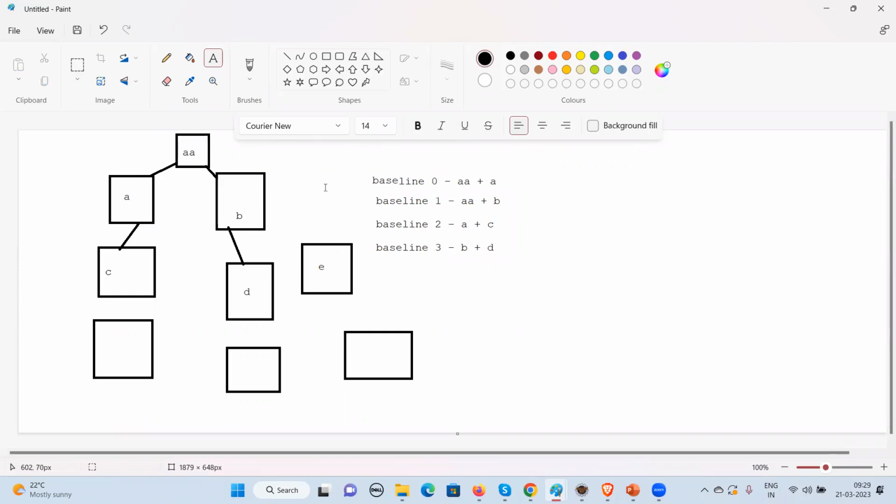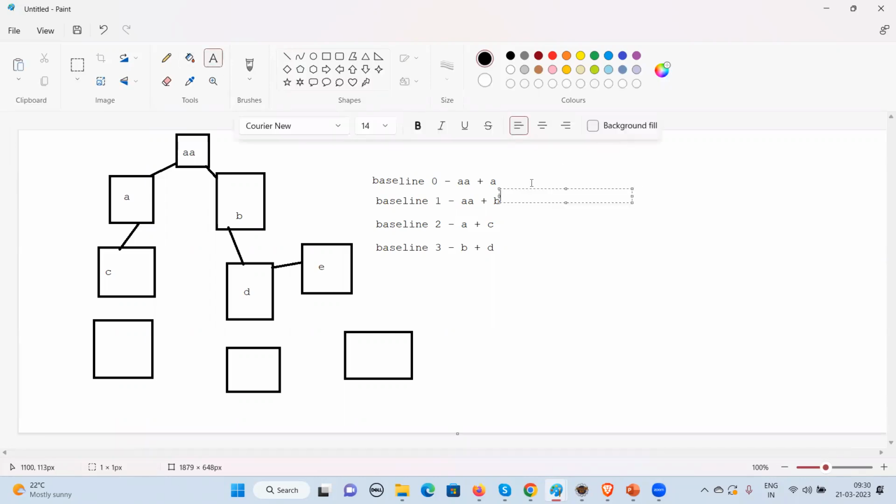But the advantage here is that we are going to integrate with modules which are not ready yet. For example, this D component is not ready. Let us say this E component is not ready, but I want to integrate it with D. If this component is not ready, but I want to test the integration between these two components, then I'm going to write a small piece of program that is nothing but a